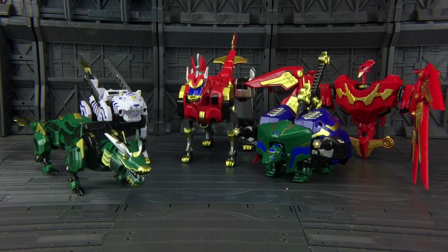I would have liked it if this was the same size as the original. Now, I had an original a few years back. I think I actually gave it to the Mighty Thew for one of his knockoff beatdowns. But he was made of a very milk bottle-ish plastic, and he was the same size as a standard Megazord. This is a more manageable size, I guess, but it's obviously not compatible with our current Zord line. It stands approximately 8.5 inches tall in his Megazord mode, and I don't know, it's nice, but it's not wow,